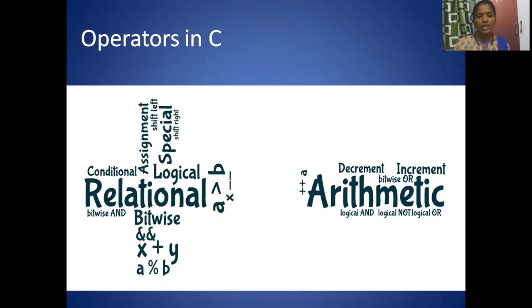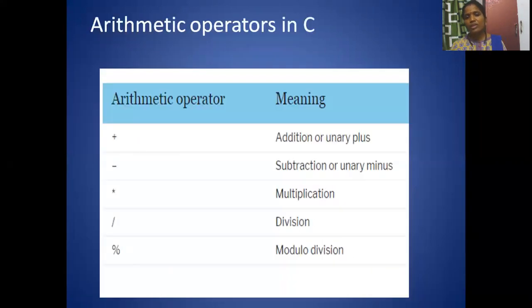So here you can see we have different types of operators: relational, bitwise, conditional, assignment. I have taken some figures here so that you will have a basic idea. So let's get into it. First, operators